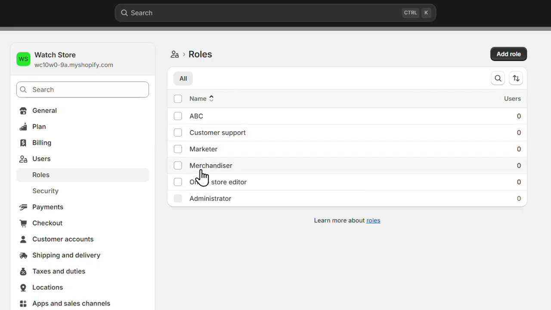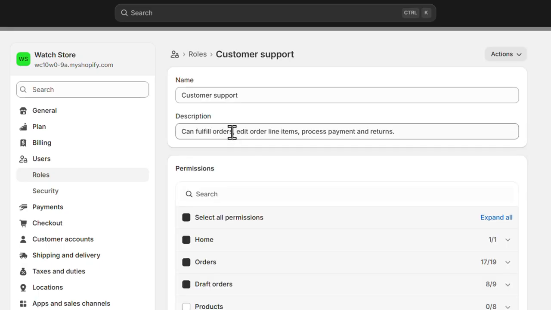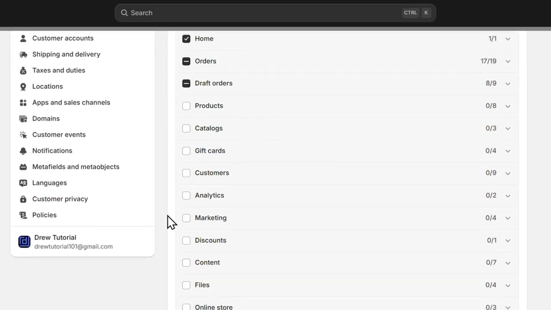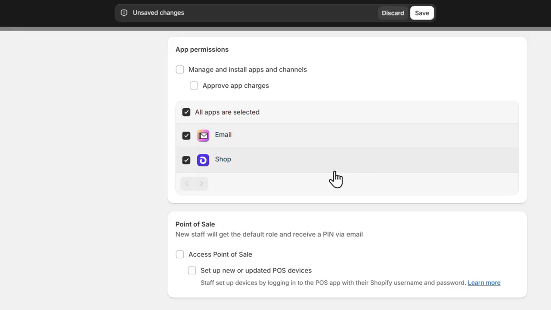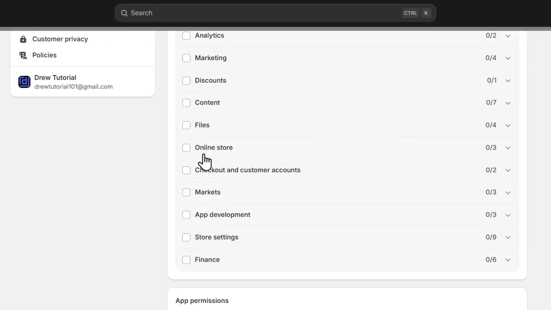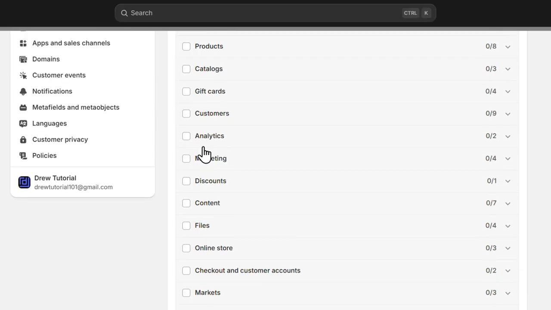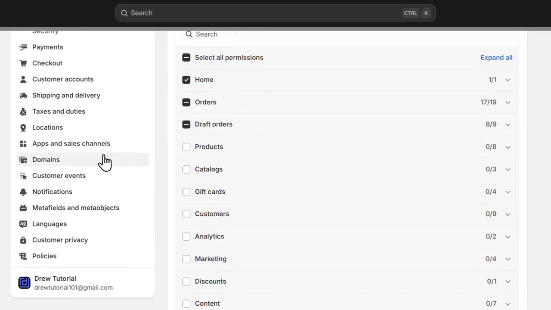Now, as I said, for existing roles, you can always go ahead and edit them. So let's say for the customer support, I want to change this up. I can click on it and I can just make changes, as you can see. So customer support, I want them to read email and so forth. So you can add that and then save the role. And so you can work with existing roles, or you can create roles, assign them to your users when you create them, and then they'll have that level of